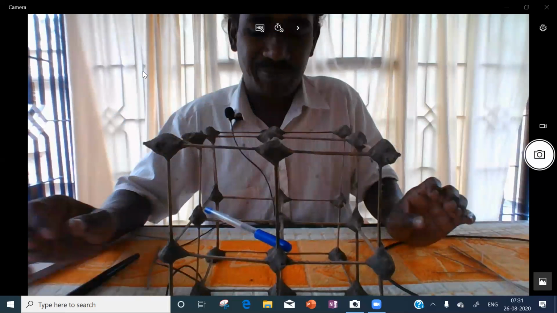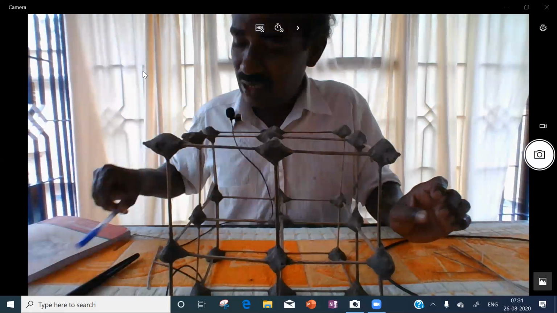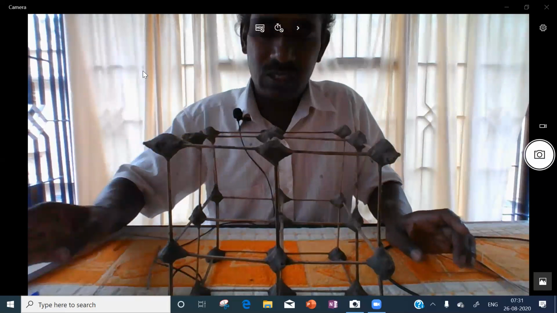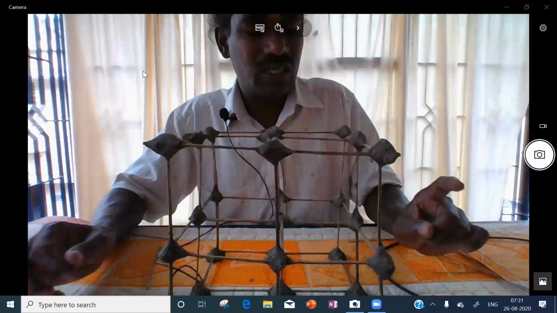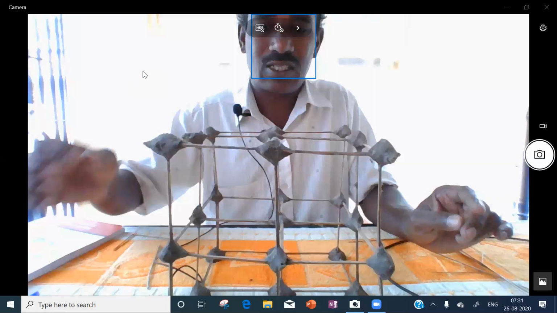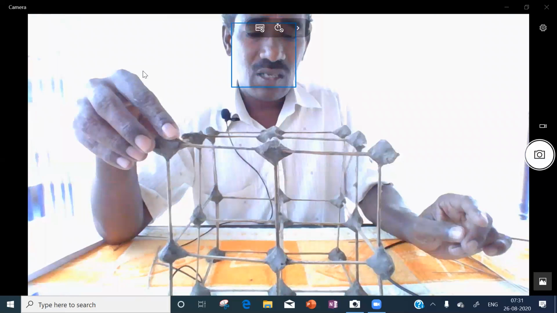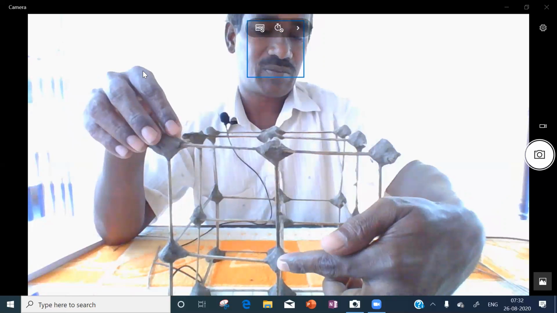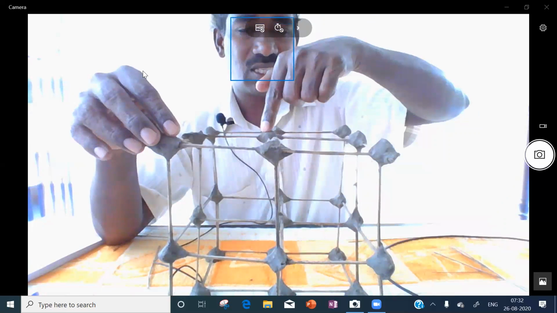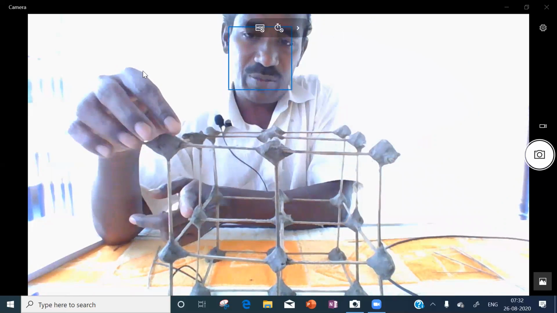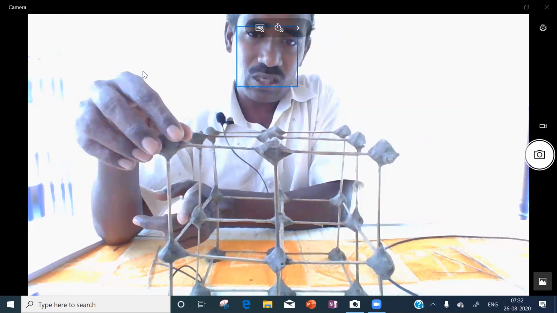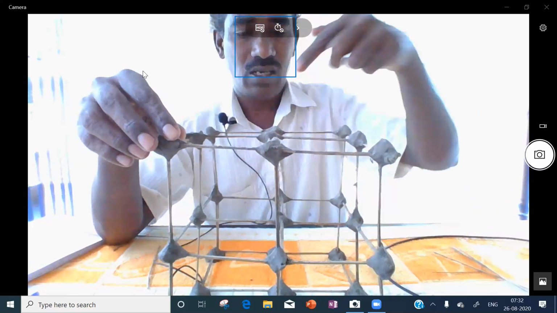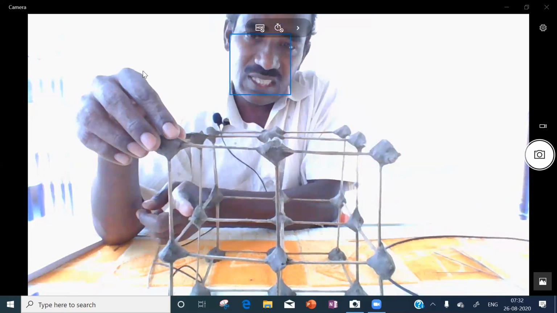So to say tetrahedron, we want 4 particles. In those 4 particles, one is the corner, the rest of the 3 are face centers. It's the neighboring 3 face centers: front face center, top face center, and this is the side face center.